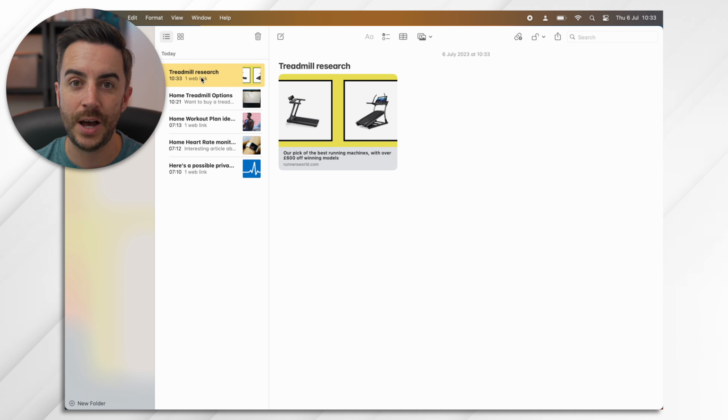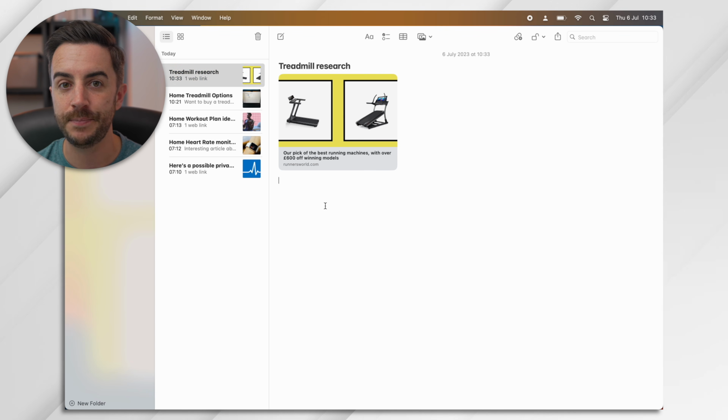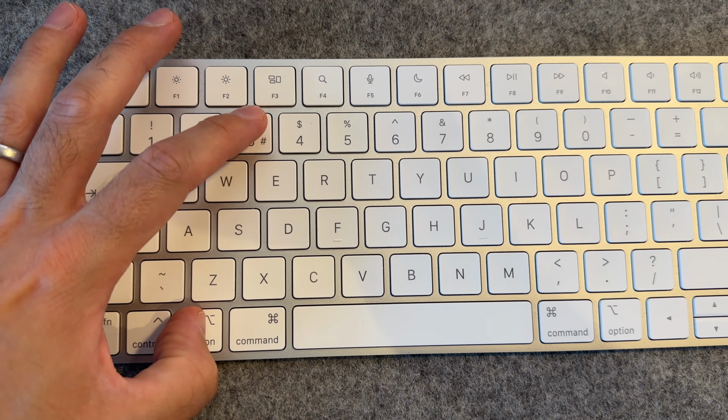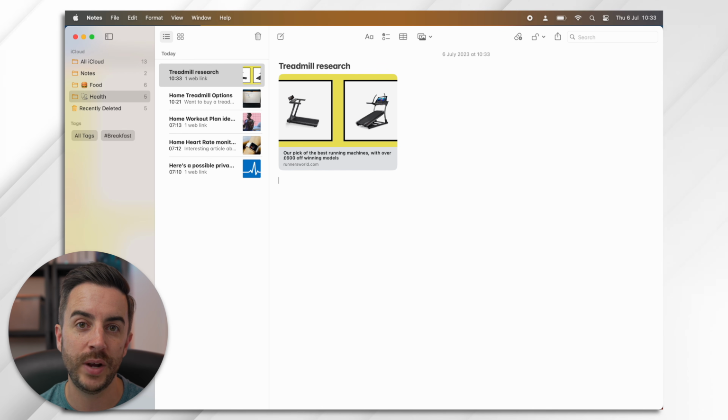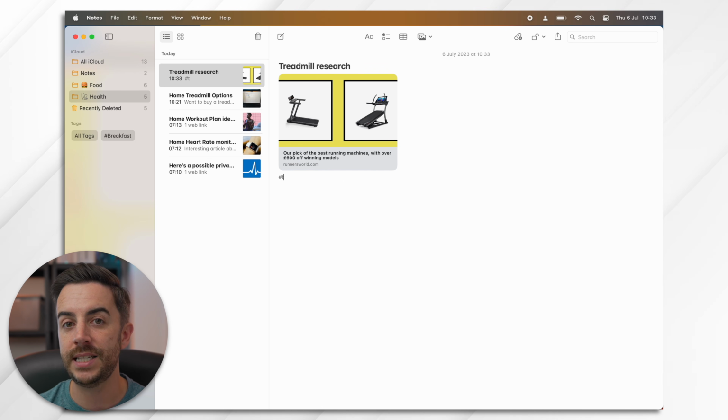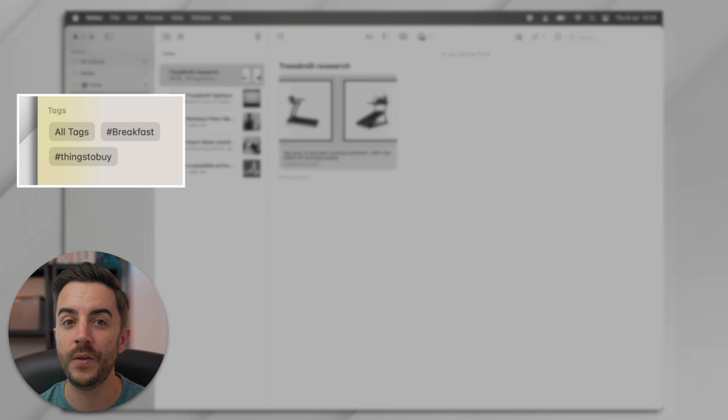One thing to also point out here in preparation of something we'll be looking at later in the video is the use of tags. So I'm going to press the Option key and the number 3 on my keyboard to create a hashtag, and then I'm going to add a tag to this note. You can see that as soon as we do that, the tag is visible here on the left in the